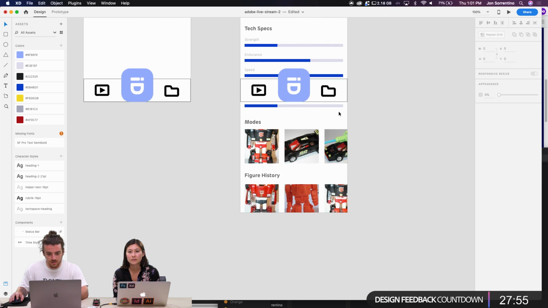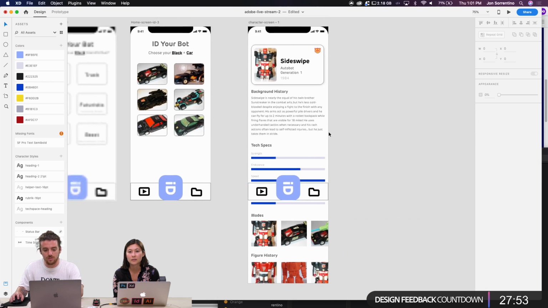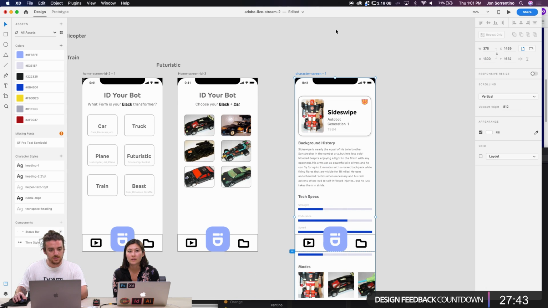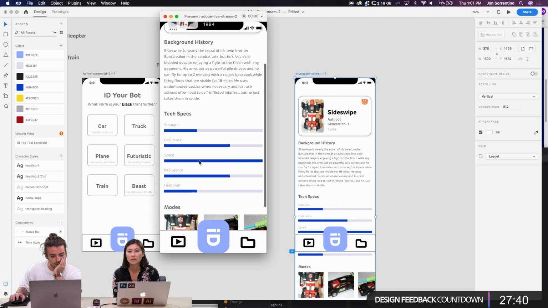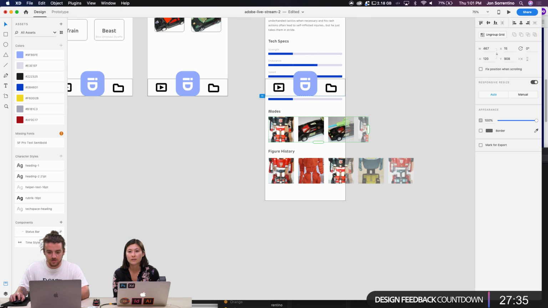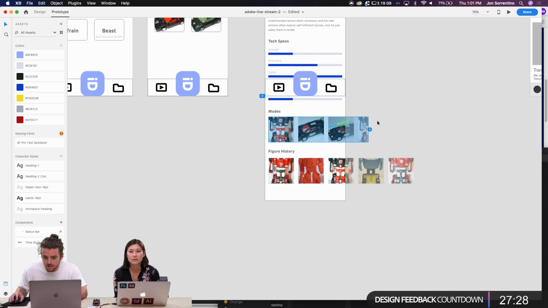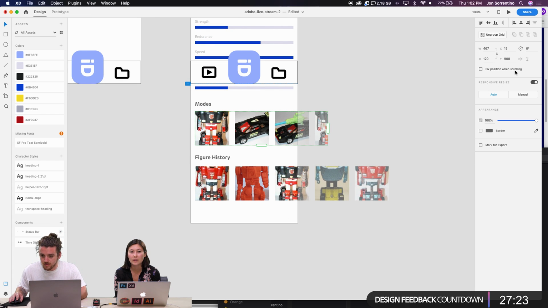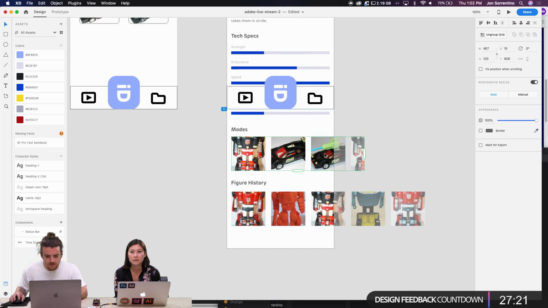So that's our navigation. And I just want to extend this artboard a little bit so we can see the full length. Maybe 13. So let's just see what that looks like. All right, cool. Great. Now I want to make this a vertical, sorry, horizontal. And I have to go into the prototype. Actually, no. I want to make this horizontal. How would I do that?